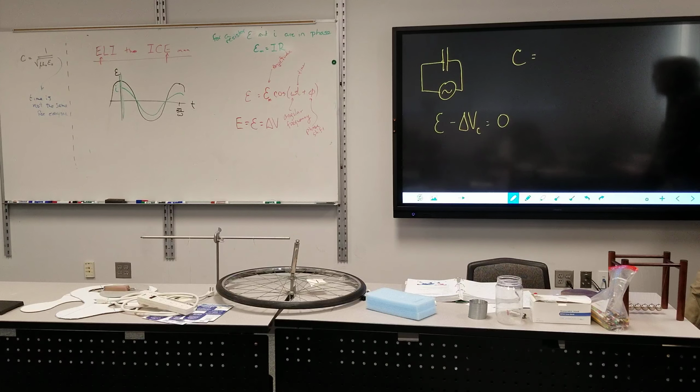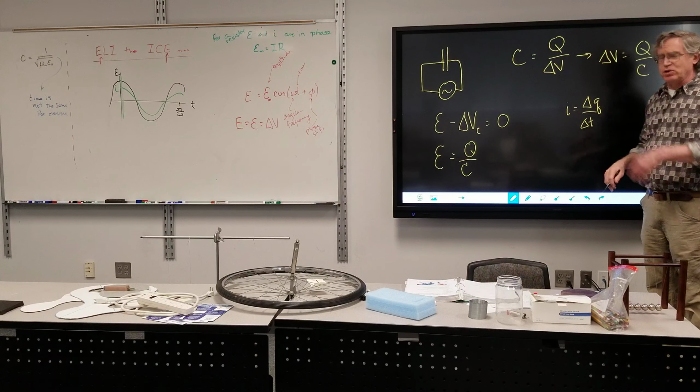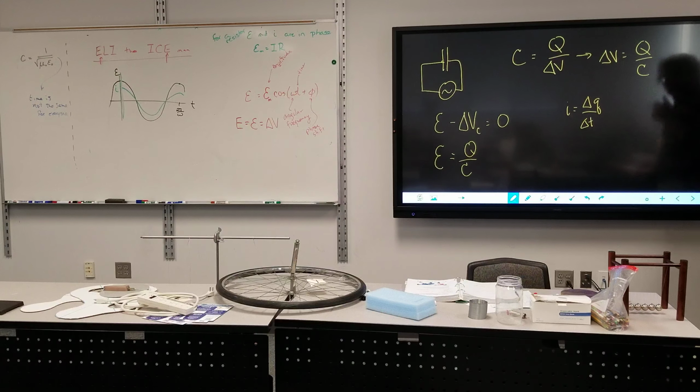Change in charge over time. It's generally written as change in charge over time. That's supposed to be a lowercase q there. It's how much charge passes by a certain point at a particular time. So we have this current is equal to delta Q over delta T. I'm using the lowercase q here because again, the charge on the plates is changing. There is a maximum amount, but it's the same notion as my current using lowercase i for alternating current, lowercase q for the alternating charge on the plates.